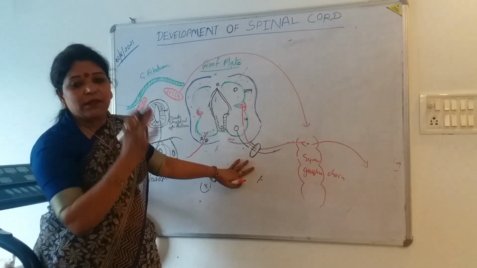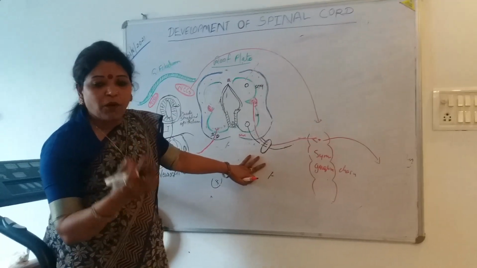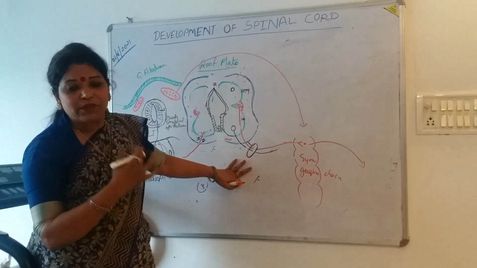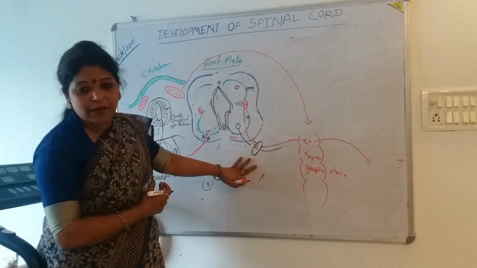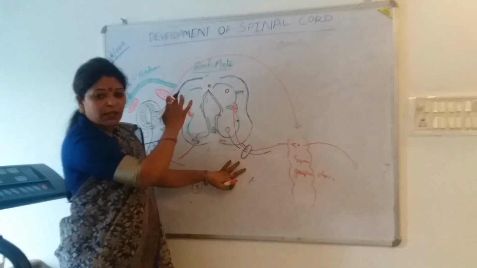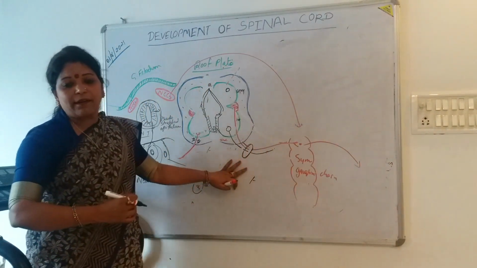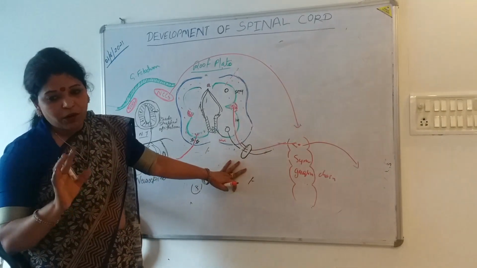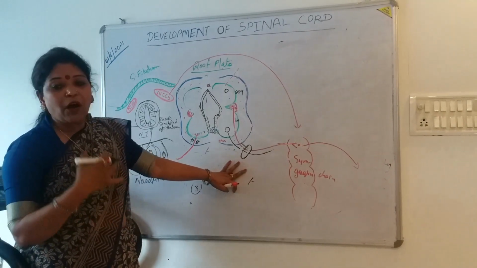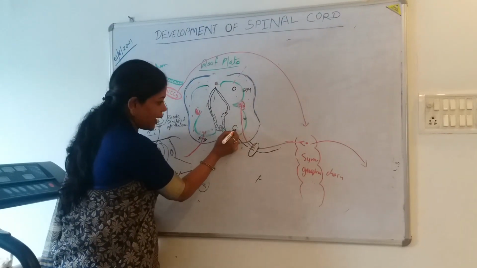Okay. In the spinal cord, there is a nomenclature, spinal nerve. And how are the different sections and branches of the spinal nerves formed? It has a ventral root, it has a dorsal root, it has a trunk, and then it again divides into the ventral ramus and a dorsal ramus. All of you must be knowing that. So, how is it forming? Look here, which is giving the axon here.